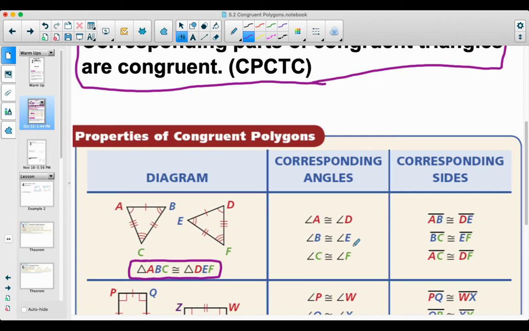And then same thing holds true when we read it. A to B is congruent to D to E. So those segments are congruent. B to C is the second and the third one. So E to F is congruent to that. And then A to C and D to F. So the position of that within your statement is how you're going to identify those corresponding angles and sides. So let's practice